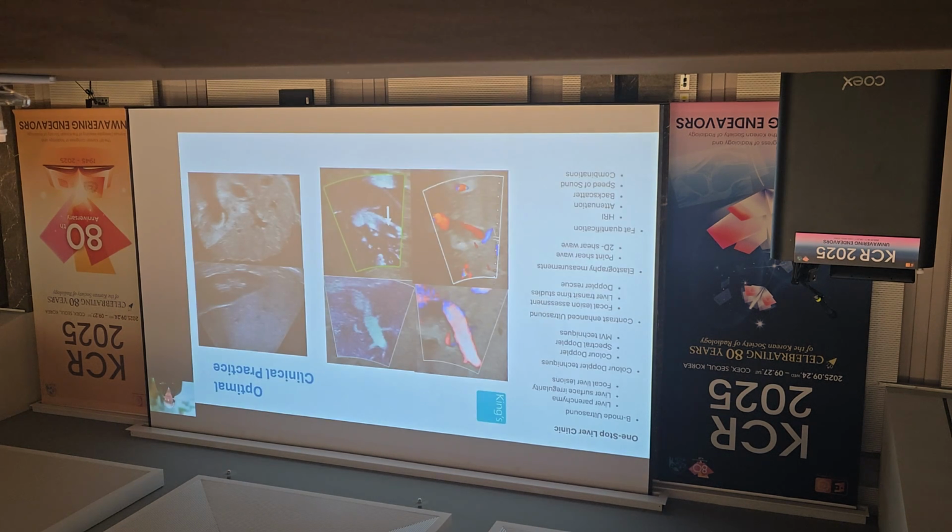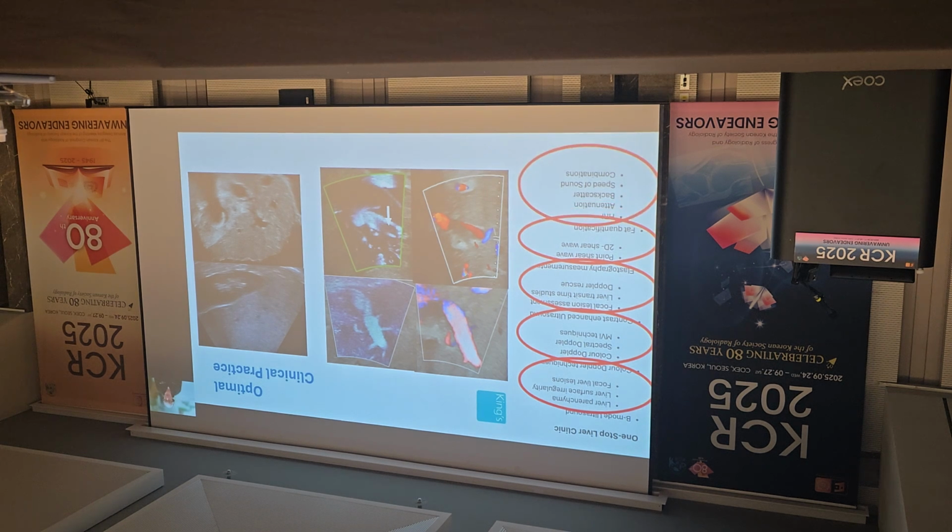So what do we have at the moment? Well, we have the B mode in looking at the liver parenchyma, surface irregularity, and picking up focal lesions. We have color and spectral Doppler and microvascular imaging techniques. We use contrast-enhanced ultrasound for focal assessment of liver lesions and transit times, and also for Doppler rescue. Elastography, both point shear wave elastography and 2D shear wave elastography have been around for quite some time, but the newer kid on the block is fat quantification. And this is really a game changer for a lot of us that have been practicing ultrasound over the last